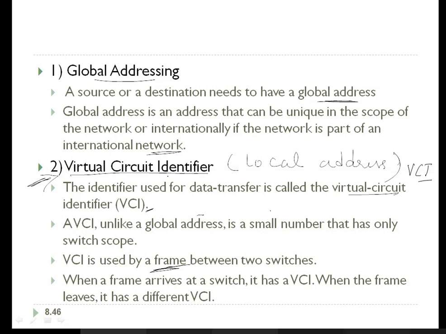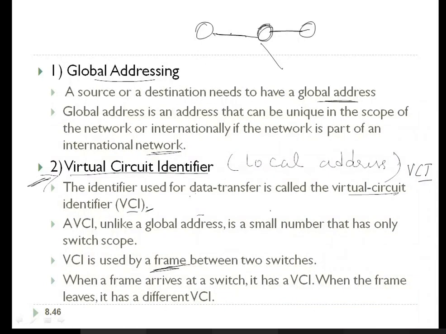The major role of this identifier is very important in a virtual circuit network. The identifier is used for data transfer, called the virtual circuit. It is mainly used whenever two devices want to exchange data, moving or forwarding the data from one node to the other node. If the data is coming from you, where should it route the data, this way or this way? That will be decided by this VCI.